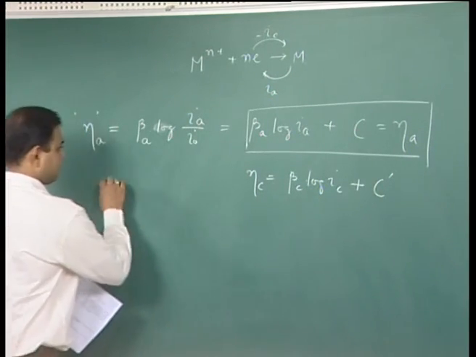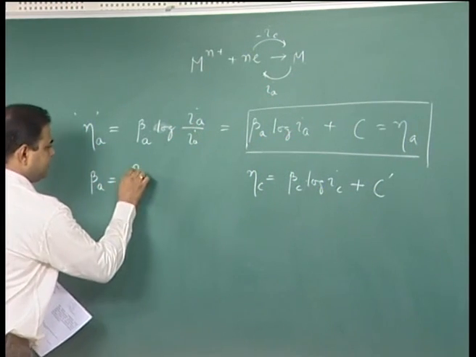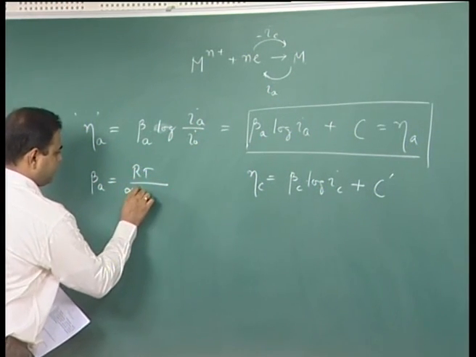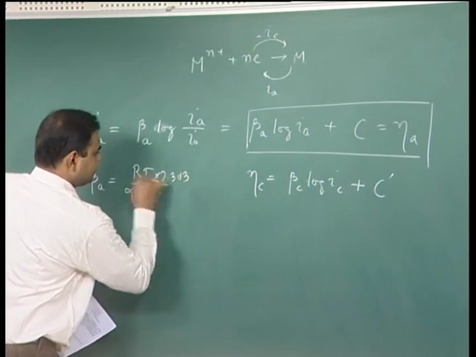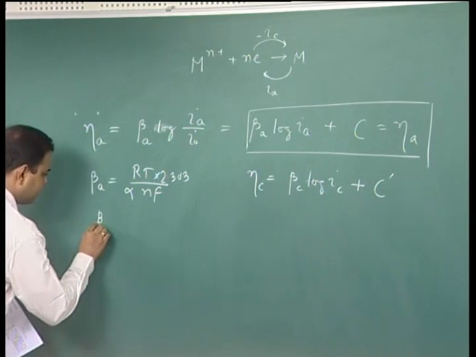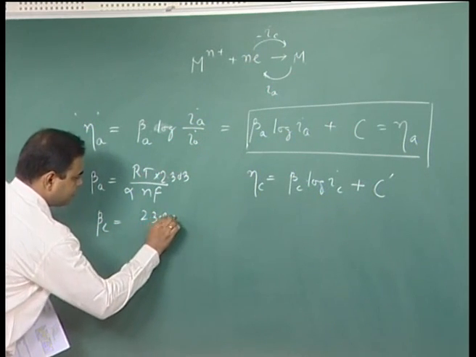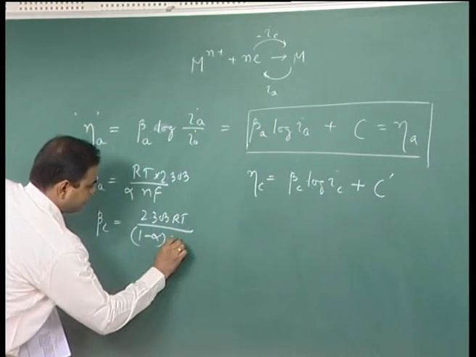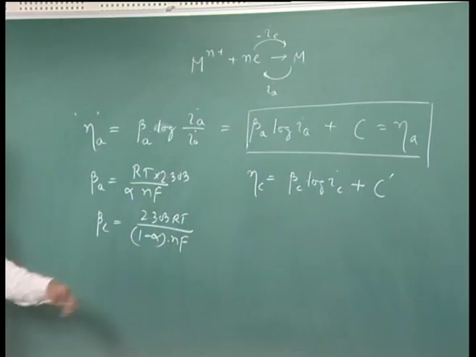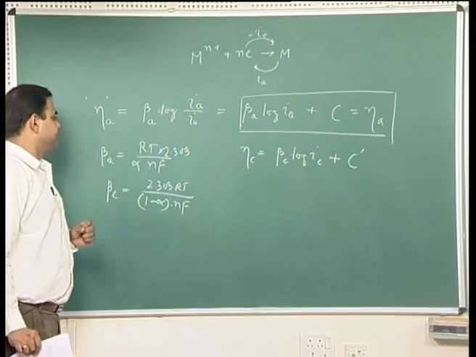And now, in this case beta A is 2.303 RT by alpha NF, we have seen that, and beta C is basically 2.303 RT by 1 minus alpha NF, where alpha is the symmetry factor,